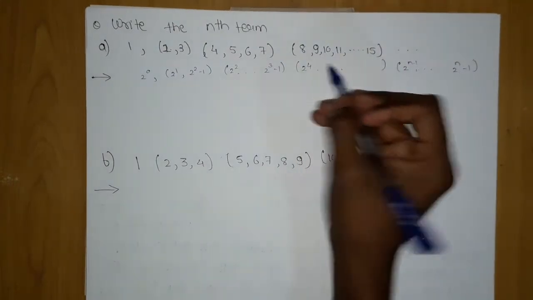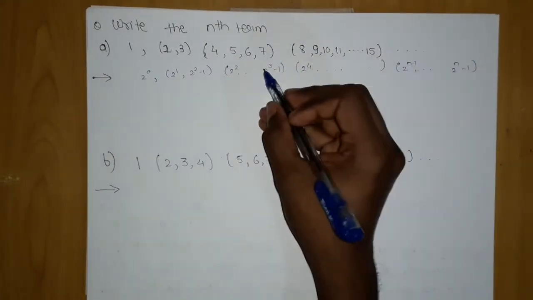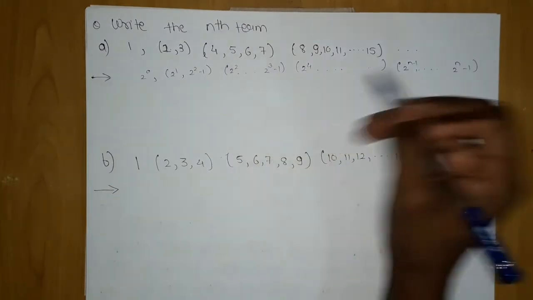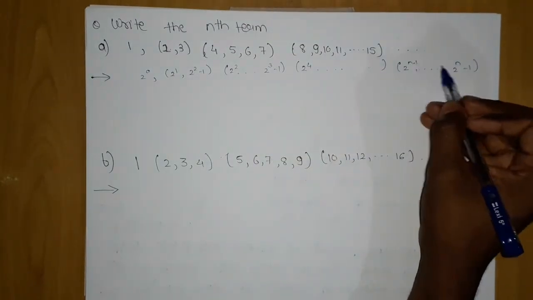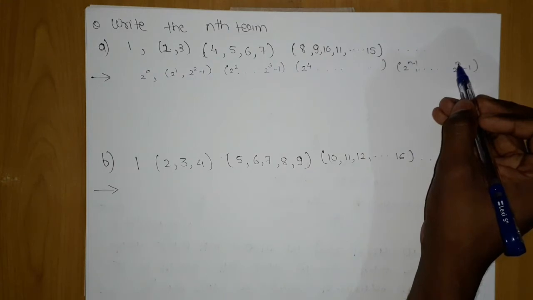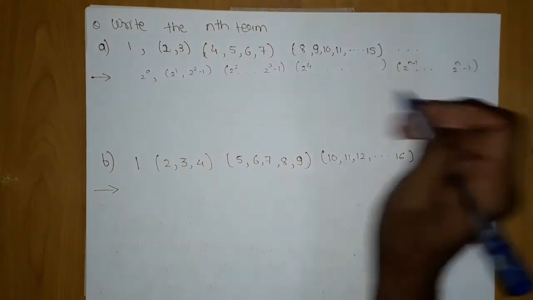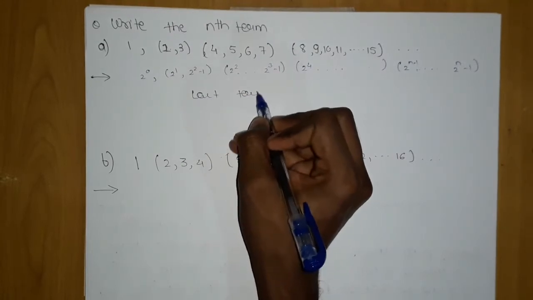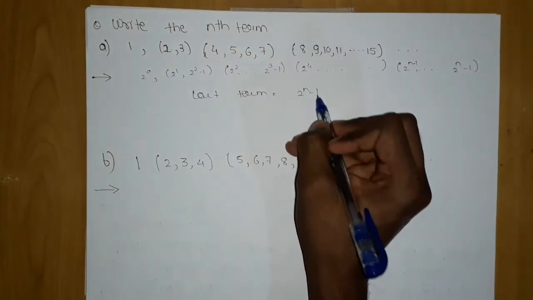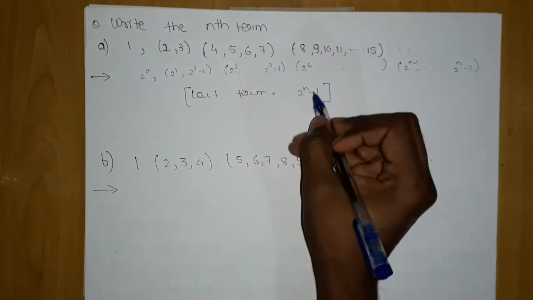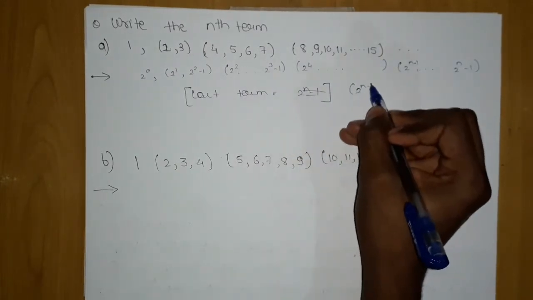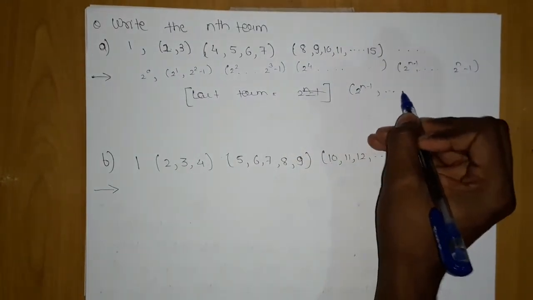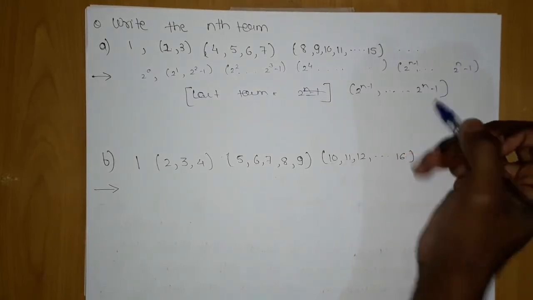Here one number increases, like here it is 2, it is 3 minus 1, so it is n minus 1. So after the 1 addition it will be n minus 1. So we got the last term, which is nothing but 2 to the power n minus 1, dot dot dot, 2 to the power n minus 1. So we got the last term.